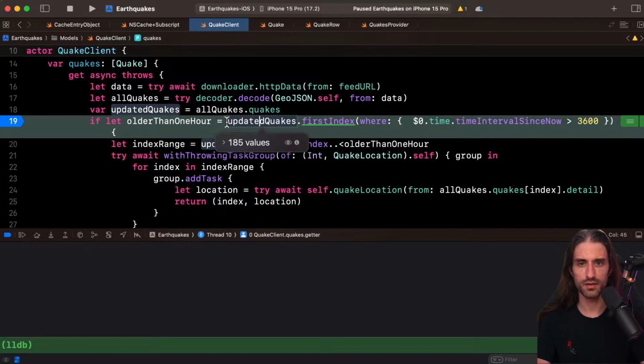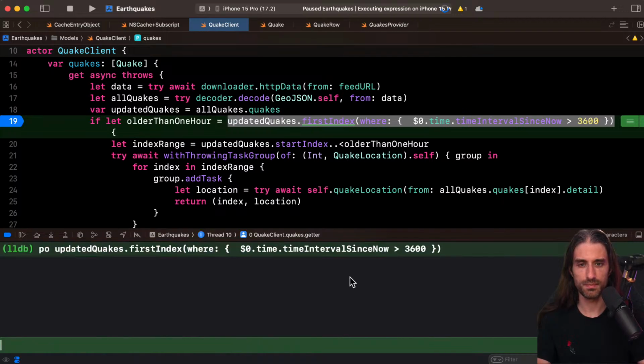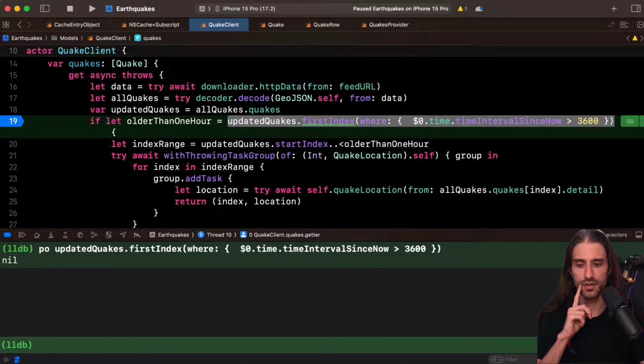So I want to run this to see whether there is something here. I'm going to do po this. Okay, so it says nil. Oh, I think I have an idea of what happens. I think I found a bug in the code.